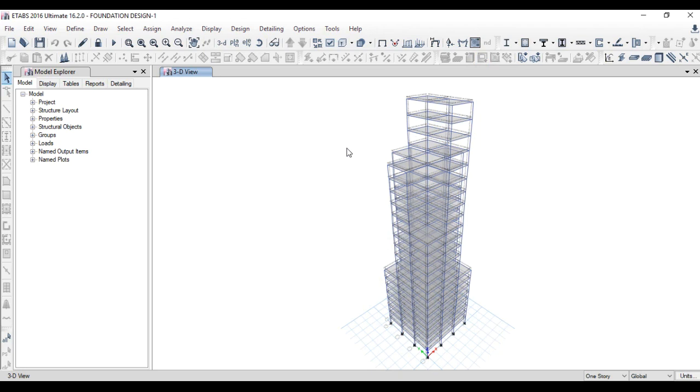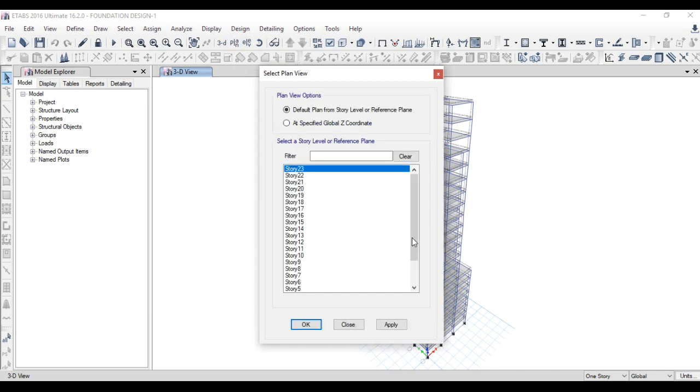As a part of Skyfi online courses, we are going to design today the mat foundation for a 23-story building which we have already designed. This is the building which we have analyzed and designed in the E-type. Now we are going to design a foundation for this particular 23-story building. If I go to the base level,